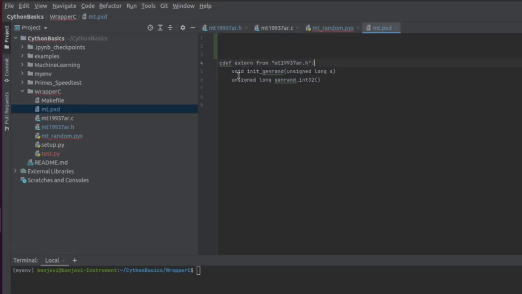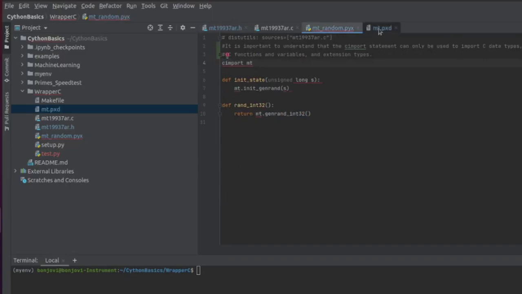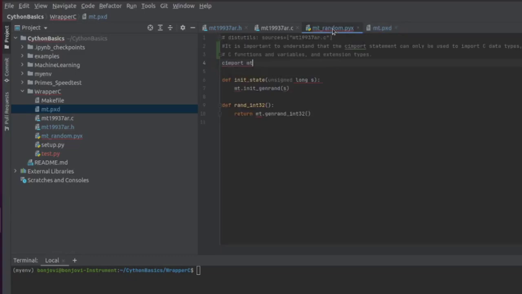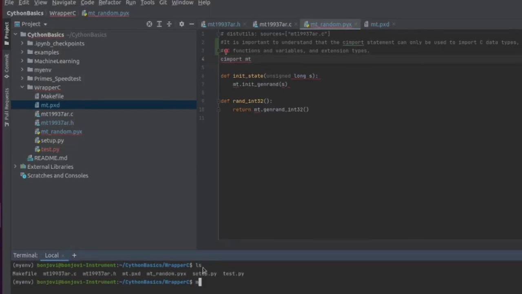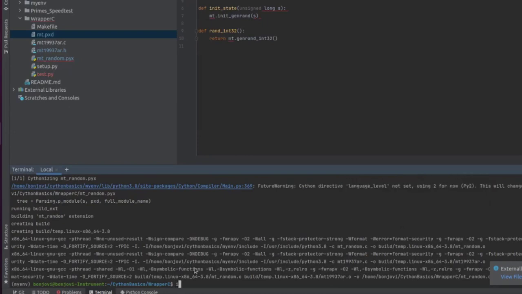And here you declare the functions which are in the C code in this header file, like this init_rand and this gen_rand_32 function. Afterwards in the pyx file you create a wrapper around it. So if I try to show you now, let's make this, and you will see this file, and then you will do ipython3.